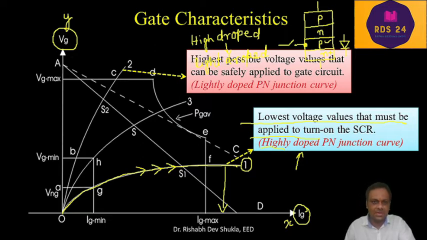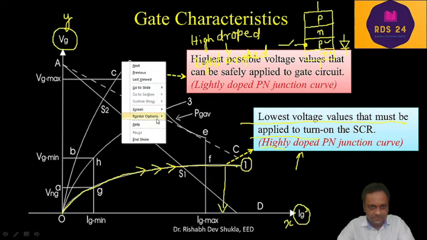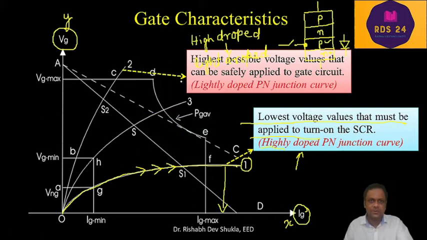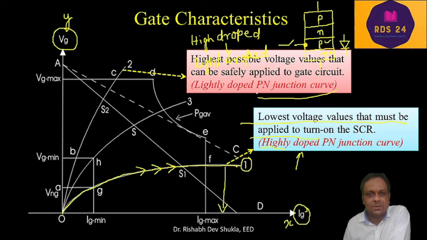We get this kind of characteristic profile. Curve 2 is drawn like this, starting from the origin,